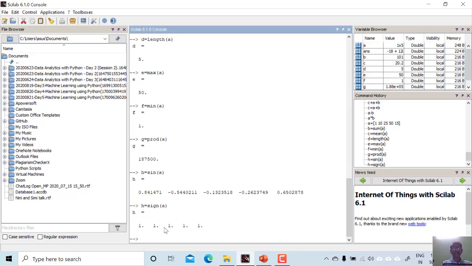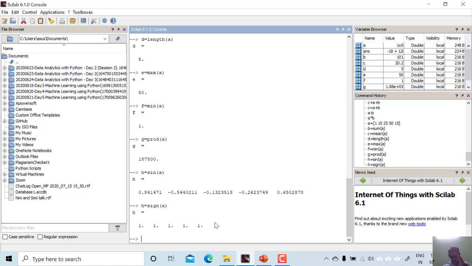The spelling is SIGN, it is the sign of a number, so sign A, and all the elements are positive elements of the array, and therefore the result is 1. 1 means the positive numbers.